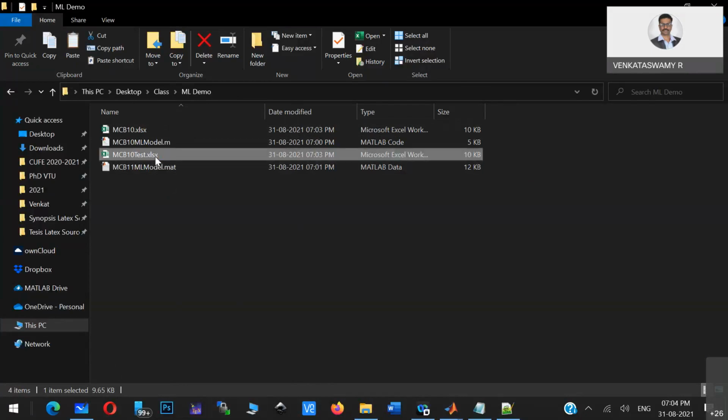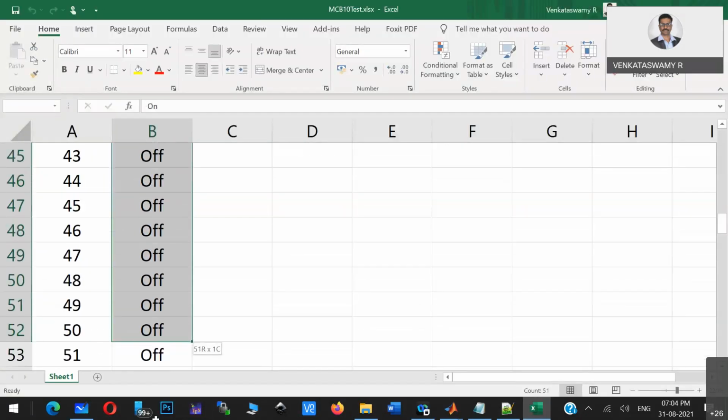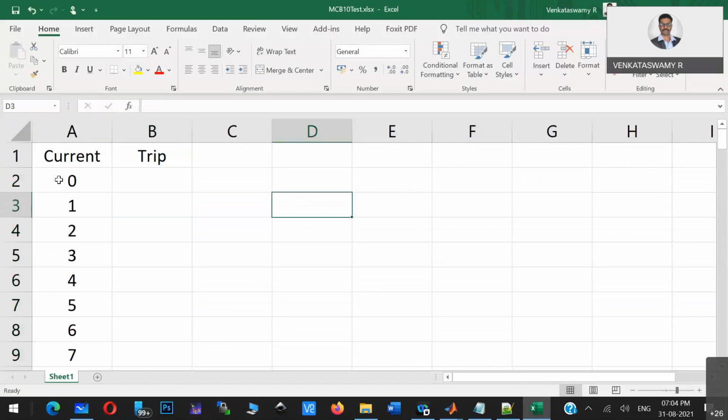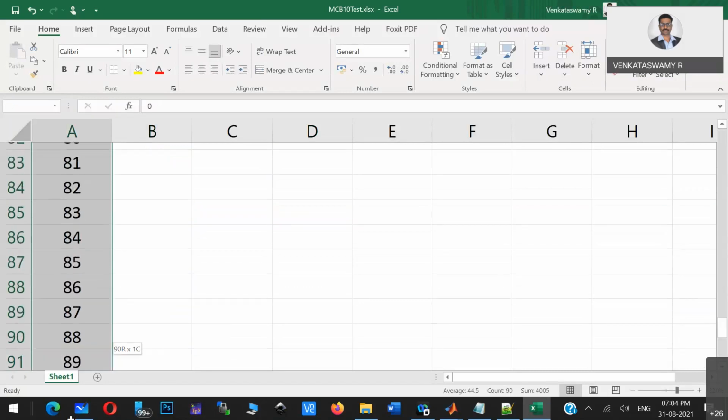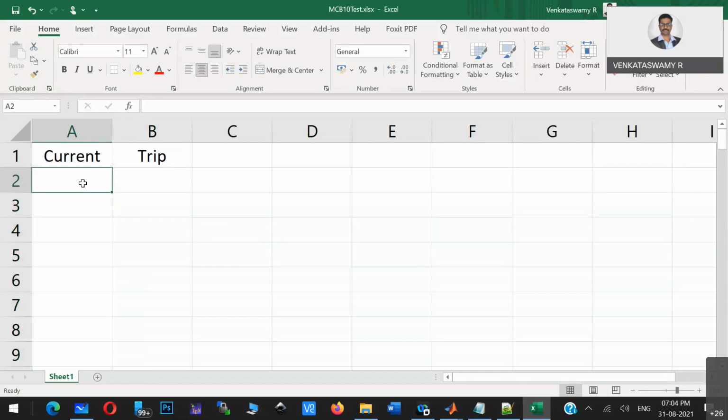Inside the test, I can delete the trip signal. That is not required, and you can provide your test data here. So what current you want to test or predict, you can provide. For example, I'll give 5, 15, 55. So 3 values I'll provide.